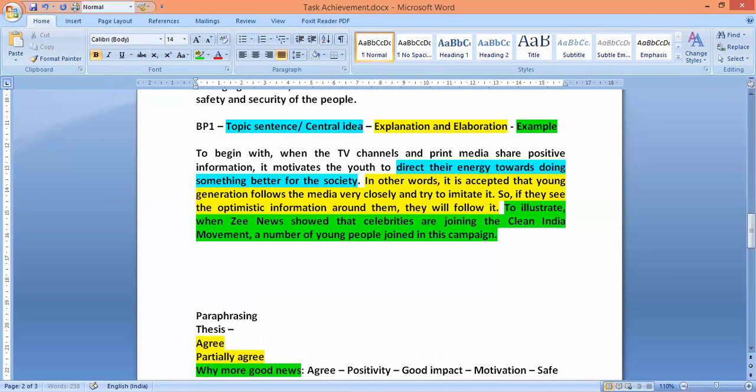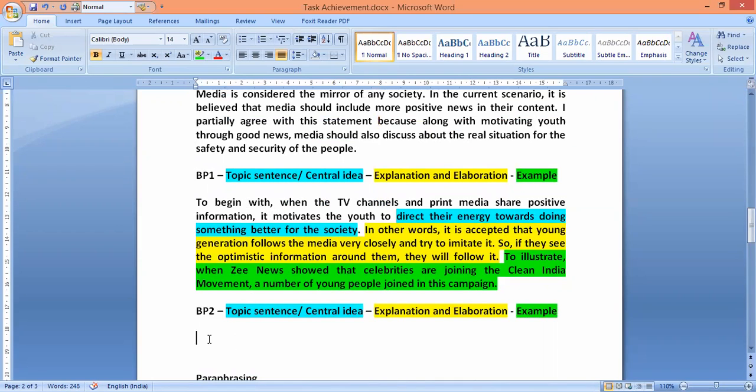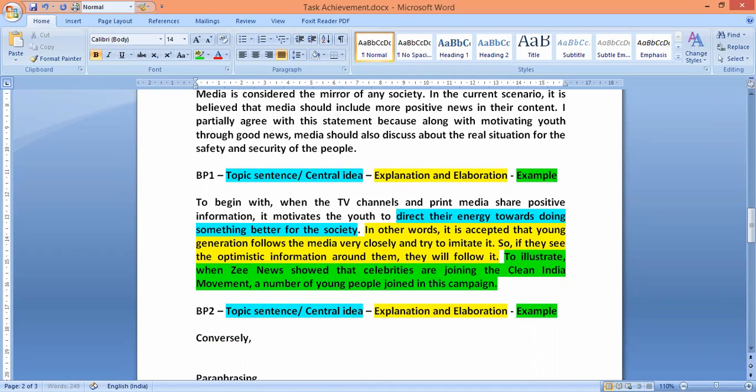Yes, sir. What is the structure for BP2? Same structure? Same structure. So because I said "to begin with" here, and now I am giving an opposite idea, I'll write: Conversely,